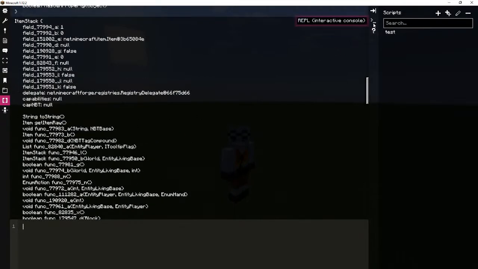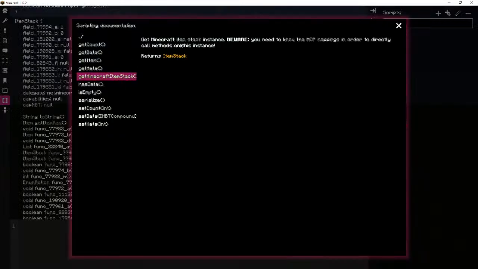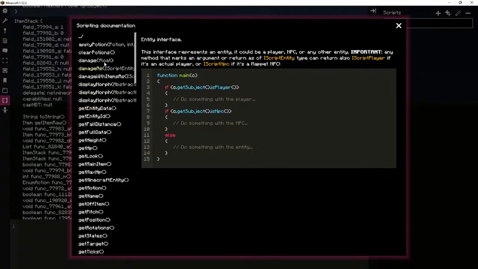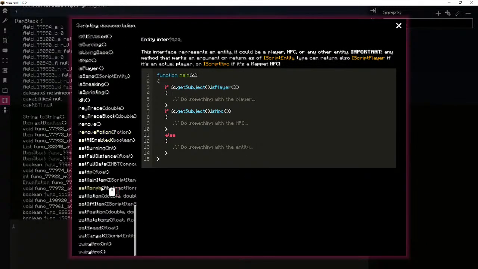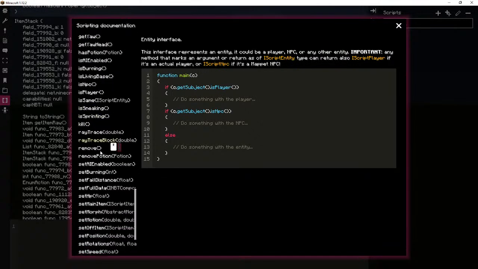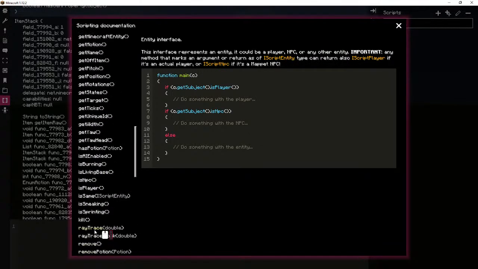To elaborate, most of the scripting stuff, like entity, for example, has all these methods. Basically those are wrapper methods. They are calling Minecraft's code, but if you, for example, take the actual